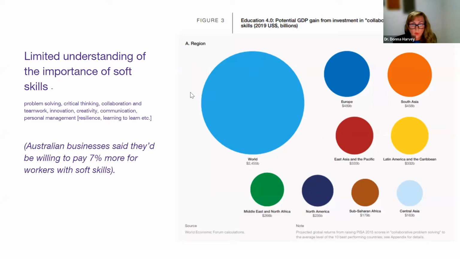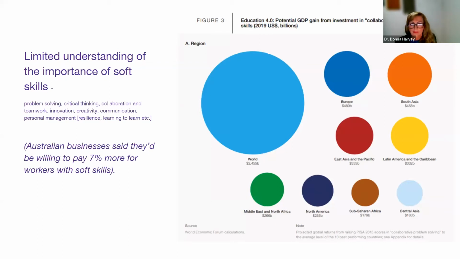When we again look at some of the World Economic Forum calculations, they're telling us that if we are to invest in our schools, and let's just take one, collaborative problem solving, the potential GDP gain from investment in that alone across areas in the world, and if you look at the pink dot there, that's where I'm situated, East Asia and the Pacific, for our economies, $330 billion, US dollars they're talking about. If you look at the Middle East, which is the green dot just down there on the left-hand side, the Middle East and North Africa, $266 billion to our economies, to our GDP, if we start focusing on these in